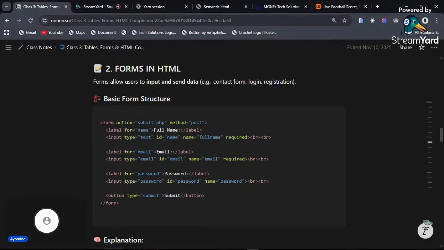So we have forms in HTML. We have forms in HTML. So forms basically